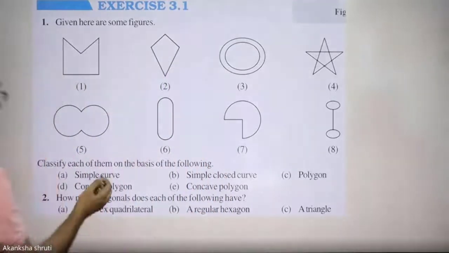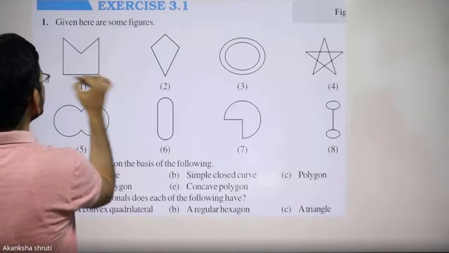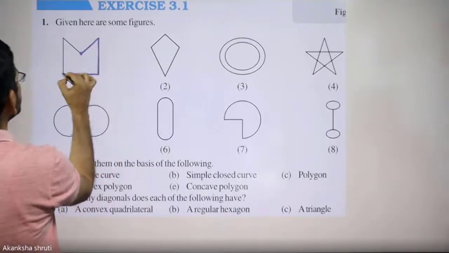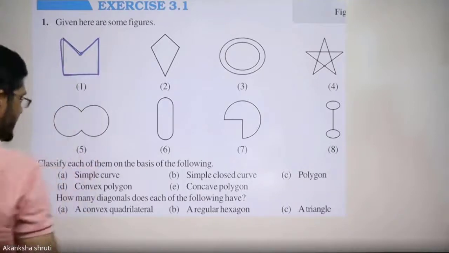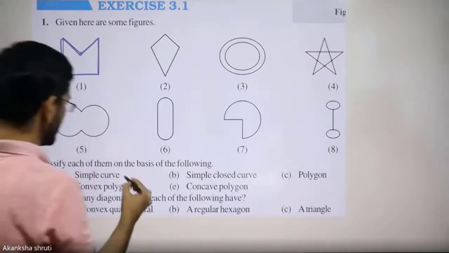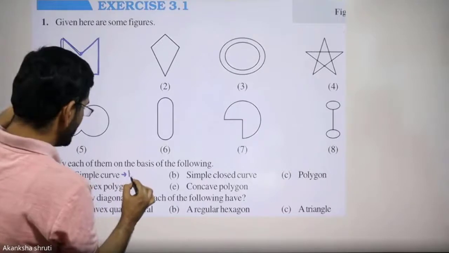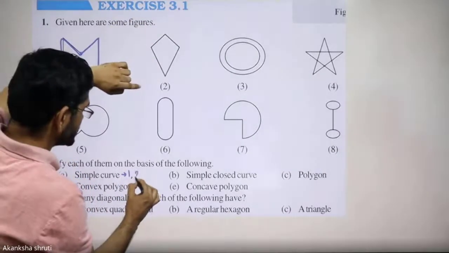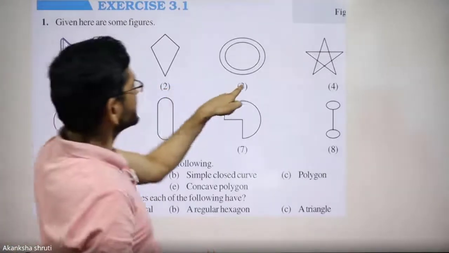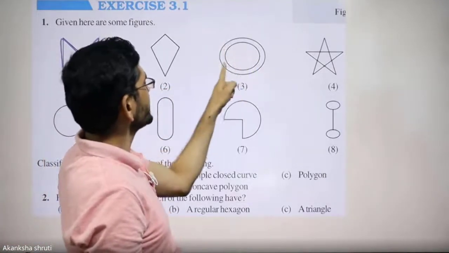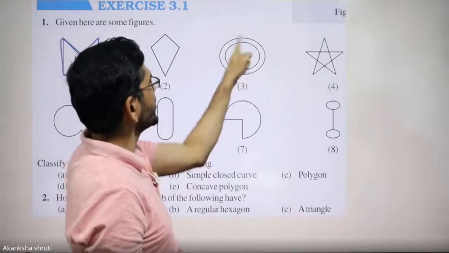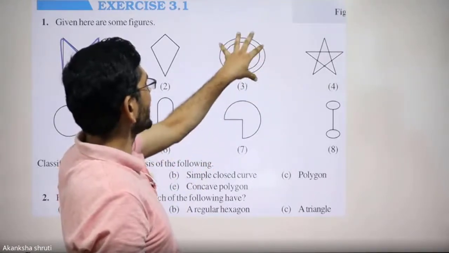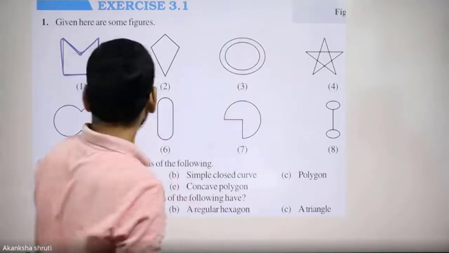So student, what are the simple curves? This is also one of the simple curves. Like here, starting from here, you are going to this one, only one path. So the simple curves here are these. This is also a closed path, which is a simple curve. Figure 3 is not a simple curve, student, because two kinds of area are bounded. One is this internal one, another is in between the two.